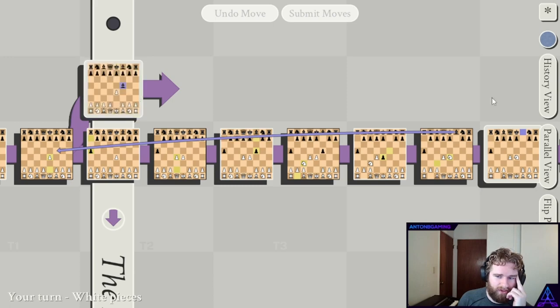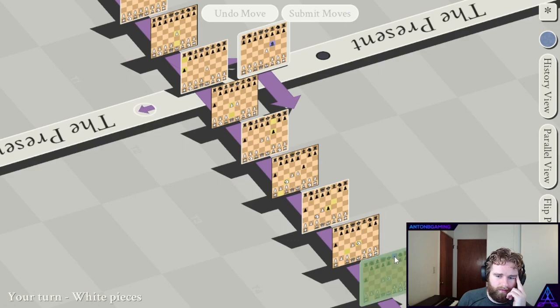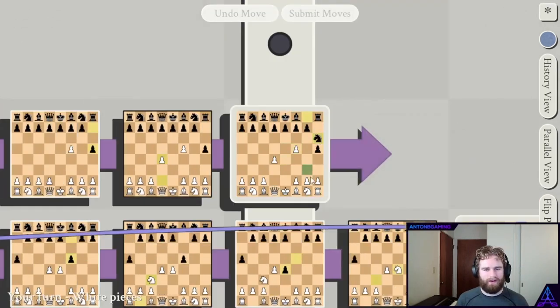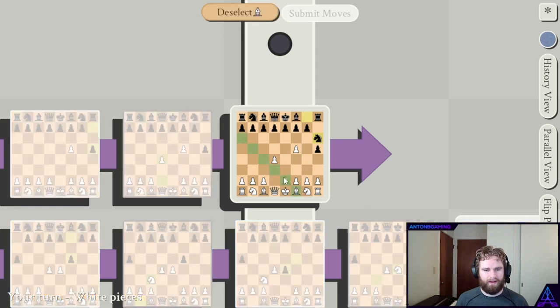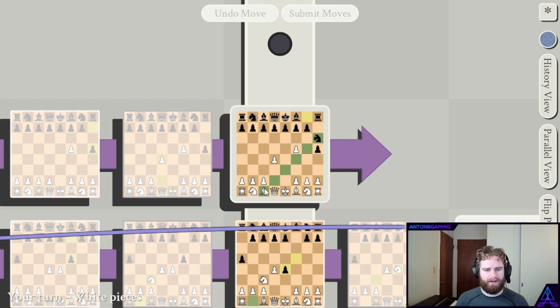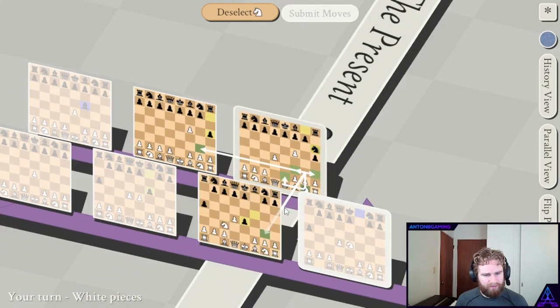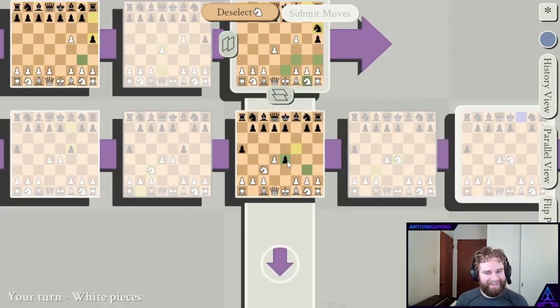There's already a bishop here because this bishop moved from this space to that space. I think I take the bishop. There's a knight there. I don't have... Oh, God. So in this timeline, I think I'm ahead in material. Wait, can I move? So I'm up a bishop here, but I could also move here? Is that right? I could take this pawn, but then I'd only be up a pawn.